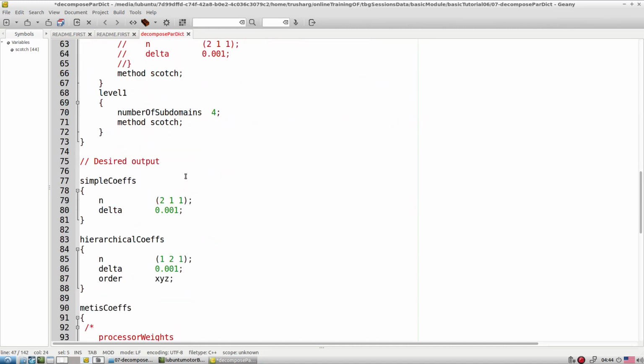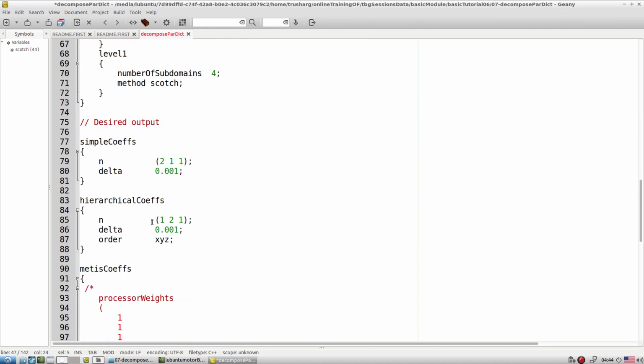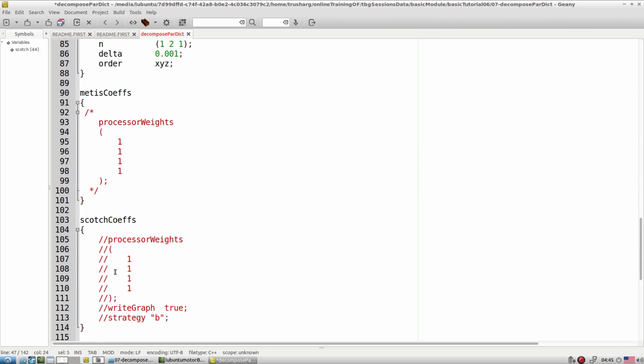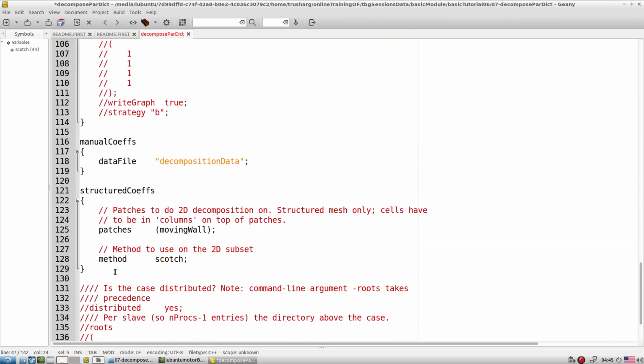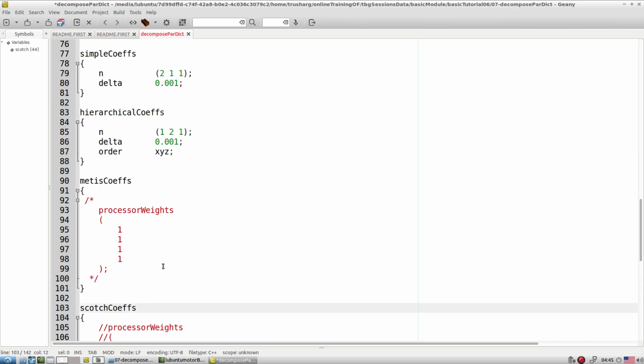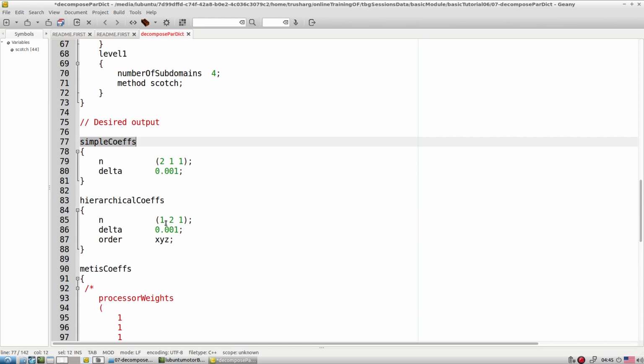That is how you can specify the coefficients for Metis. Then processor weights, and then Scotch processor weights. For Metis we require the libraries, and it is not going to be supported, because I think it is a proprietary decomposition. So with OpenFOAM, either you go with the hierarchical type or the simple type of decomposition.